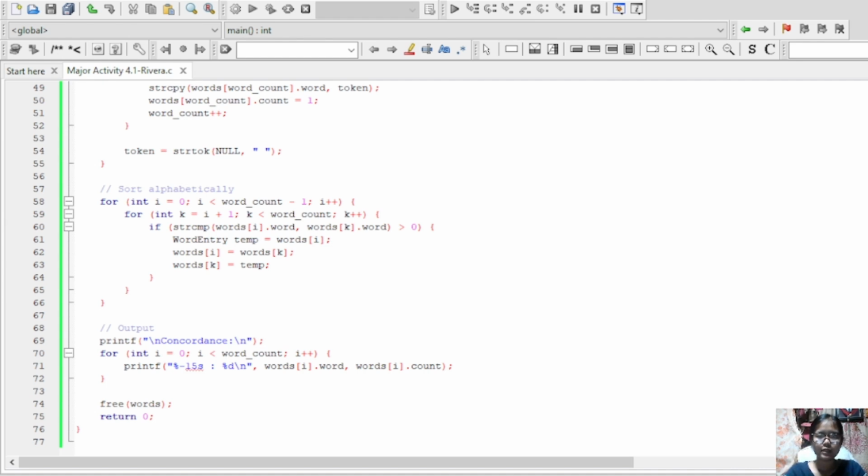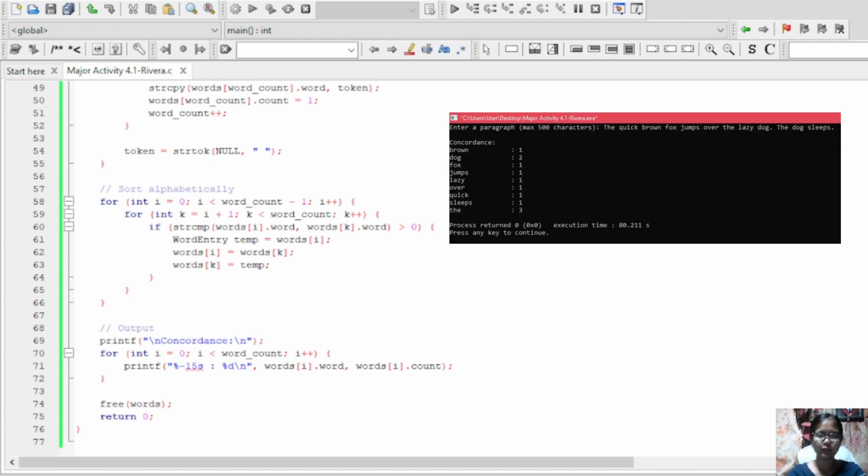Let's say the input is: the quick brown fox jumps over the lazy dog. The dog sleeps.